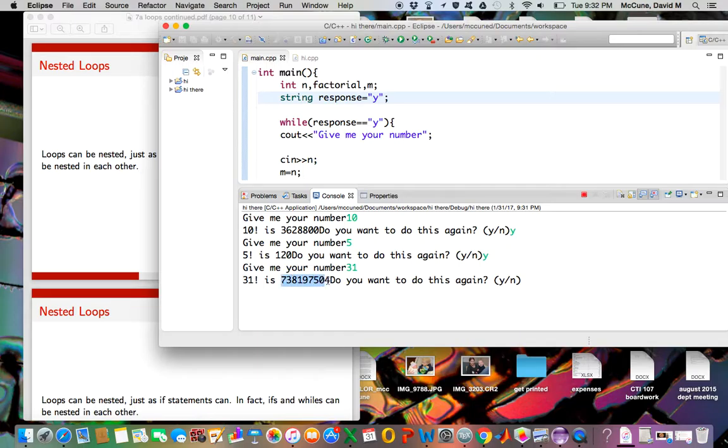This is probably not right. 31 factorial is too big for the integer storage capacity here, but that's all right. So 13. Yeah, see, it's telling me 13 factorial is bigger than 31 factorial. So it ran out of storage space in the integer data type. Remember, integer can't store that many digits. 31 factorial is humongous. So anyway, the point here is that this code will run over and over again,